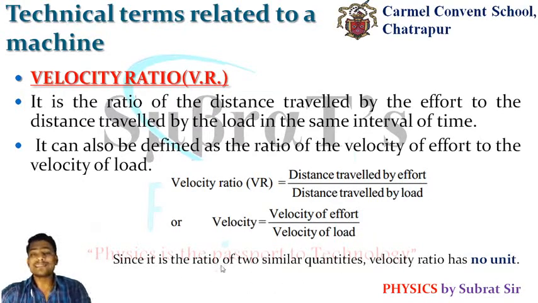Then, since it is a ratio of similar quantities, like mechanical advantage, velocity ratio also does not have any unit. Okay, then